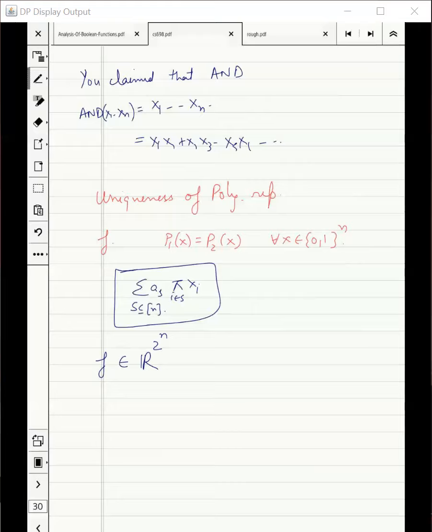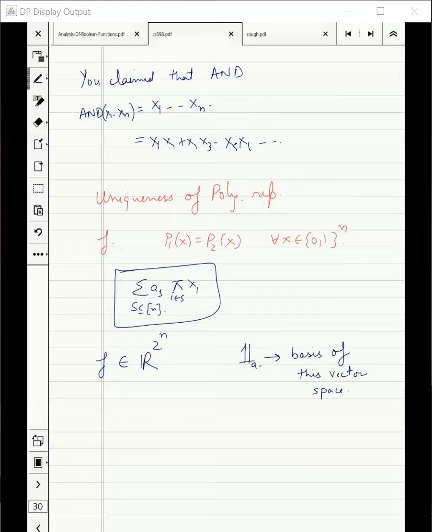Yes. Correct? Because you just look at the last column of the truth table. This we saw before, right? So it was {0,1} to the power n, or F2 to the power n, when the range was Boolean. But since the range is real, my function looks like this. It's basically a vector space. And if I look at the indicator polynomials, these are going to form the basis of this vector space. These are actually the elementary things which form the basis.